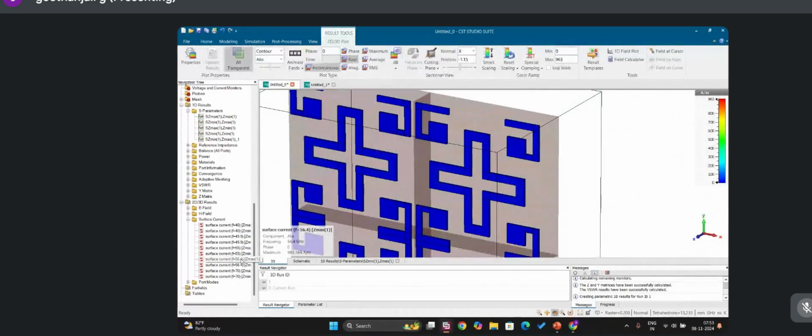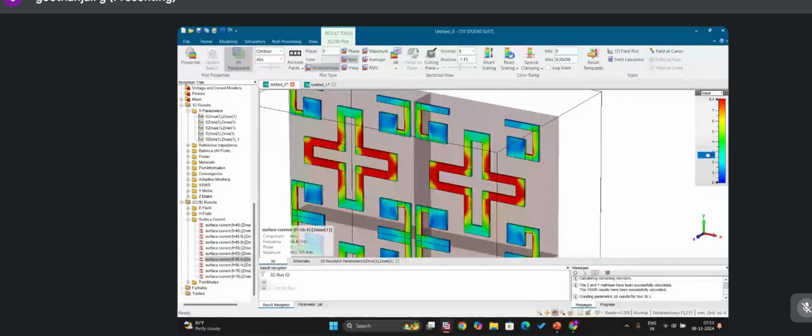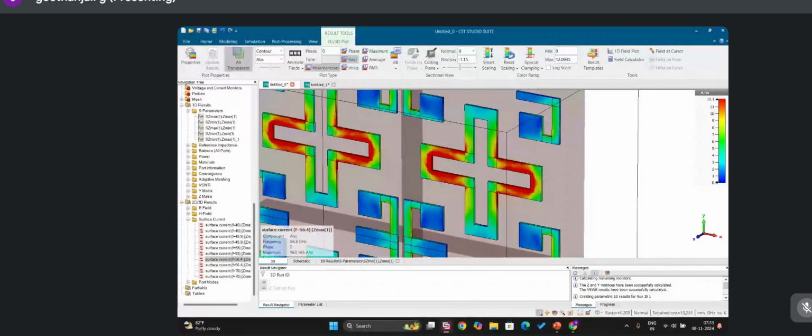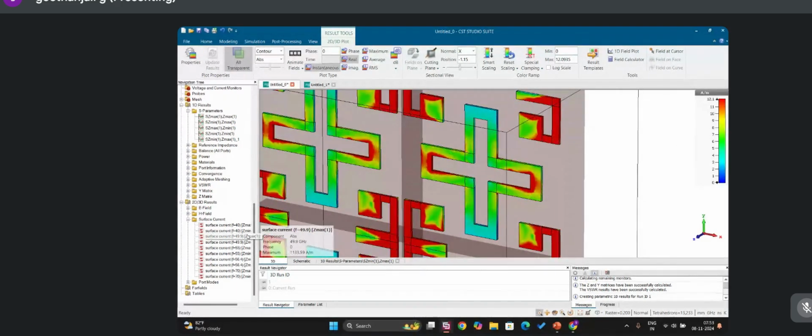You have to see the result at Z max because it is a band stop FSS. As I said, the surface current is only higher at the cross loop. So this cross loop is only responsible for the high frequency, which is 56.4, and for 49.9